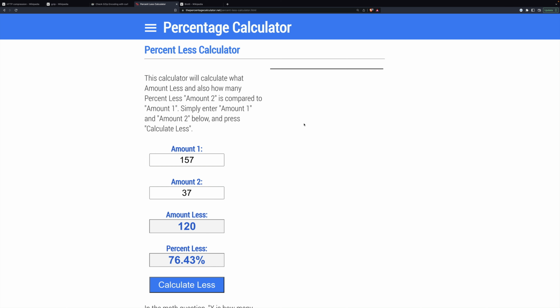Now imagine you can do that for all of your web pages. Keep in mind, we're only doing this for HTML at the moment. But imagine all your HTML pages being 76% smaller. That greatly reduces the amount of traffic you're sending. It makes it much, much faster. There's no downside to this. And the difference is dramatic.